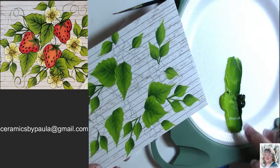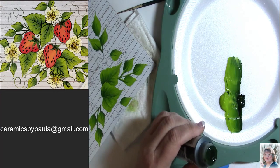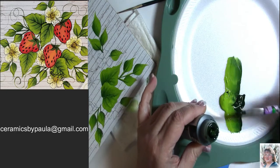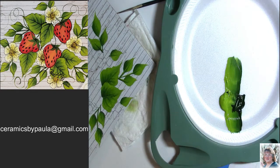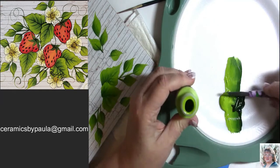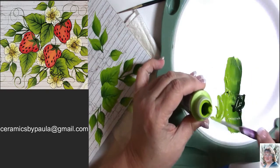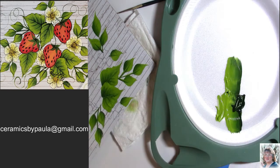Okay, so you can see, look how much green I have left. So normally I don't put my paint back in my bottle, and I don't recommend that you guys do because you never know if your brush is contaminated. But I am going to put a little bit of this back because I'm the only one using out of my bottle. And you can do that with, well, like I said, I don't want you guys doing it, but if you had your own bottles, you could use like a popsicle stick. Those are great tools, or a plastic knife. I'm going to leave a little bit of this out because I'm going to do some curly cues here at the end. Okay,